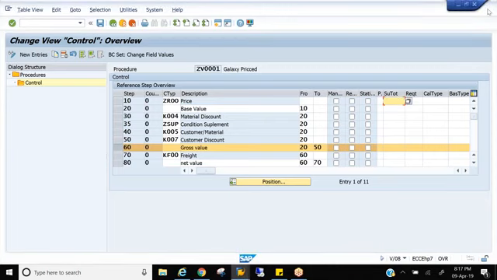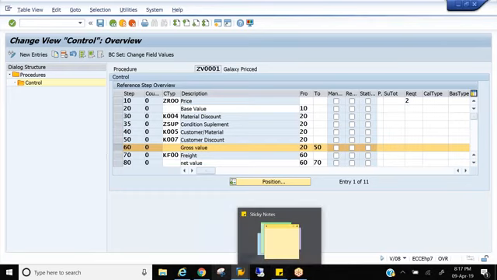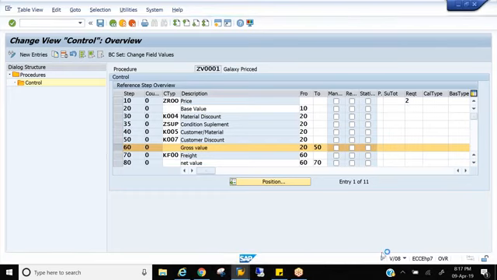There are standard subtotals which SAP has given. If not, you can create some more subtotals. Okay, let me show you. This is a very important interview question. They definitely ask it in interviews also. And in the study material, you have all the subtotals, which you need to go through.